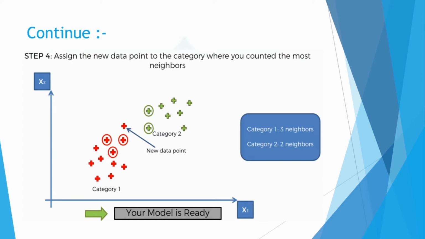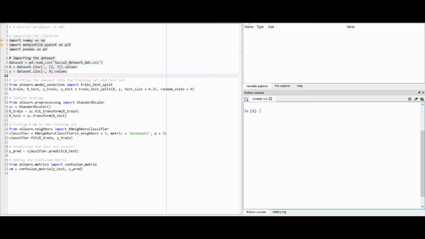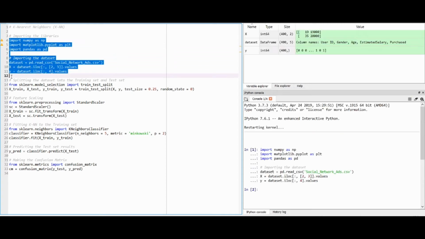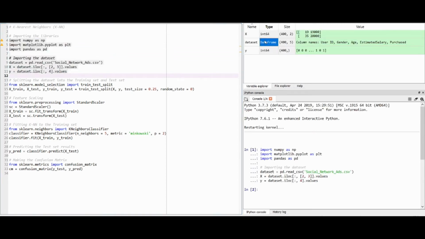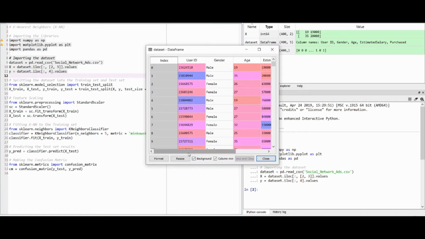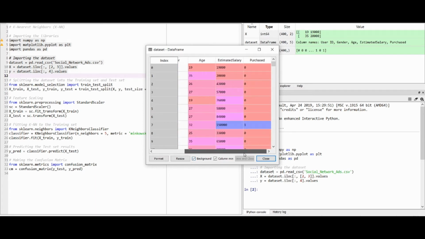Now we will see this in practical use. Let's see the implementation part. As always, our first step is importing the libraries. The second step is importing the data set. Let me run this code and import our data set first. As you can see, this data set consists of 5 columns: user ID, gender, age, estimated salary and purchased.